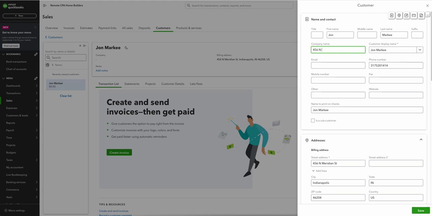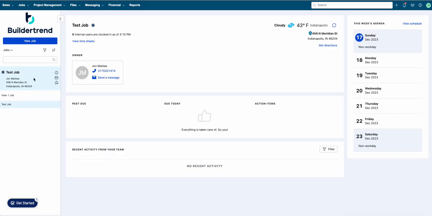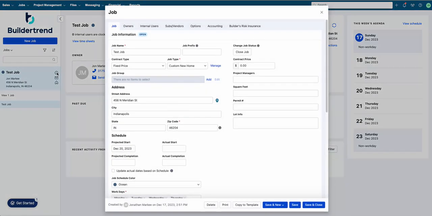So I'm going to put my street name and the name, and you just update the company name in QuickBooks, and you change the display name, save, and then here, so we'll say 456 North Meridian, and now